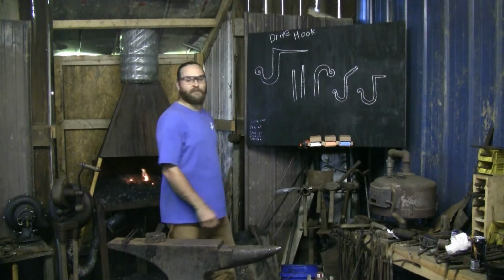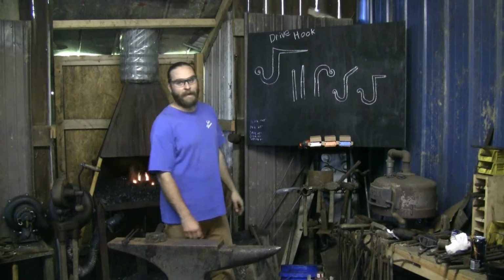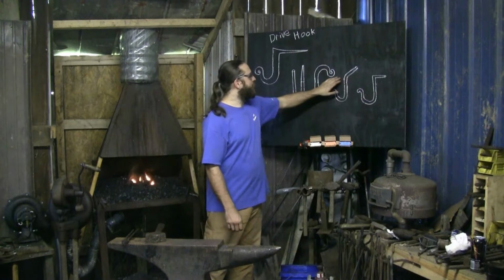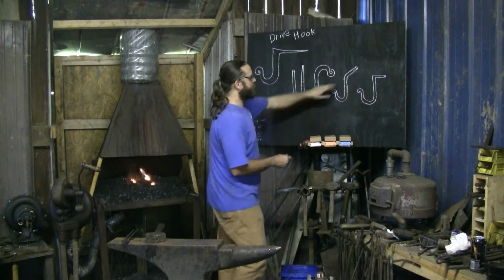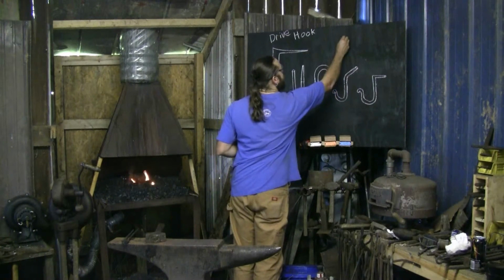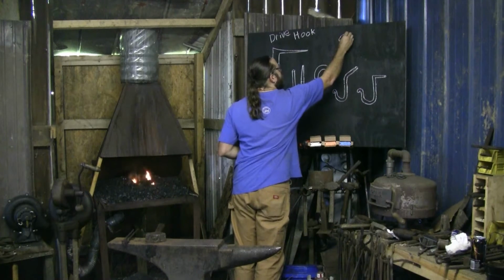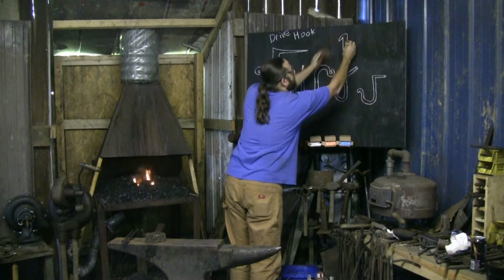I should have played this one first to find out. Anyway, that's the idea. The second way will be just to do a 90 bend, and then we'll take, and on the profile, if we're looking here, your 90 goes back this way,